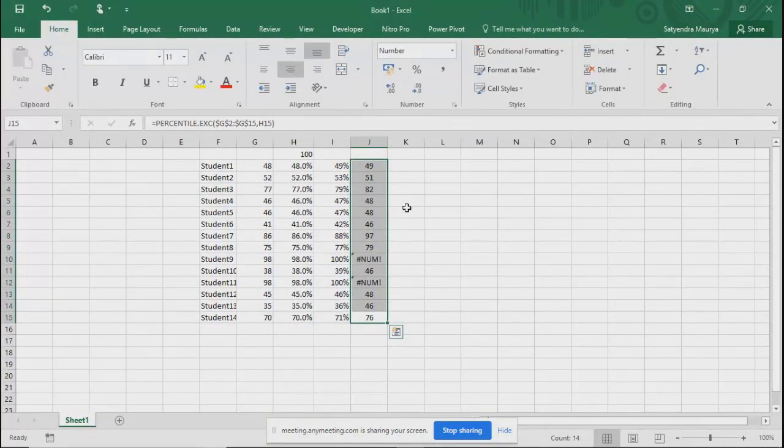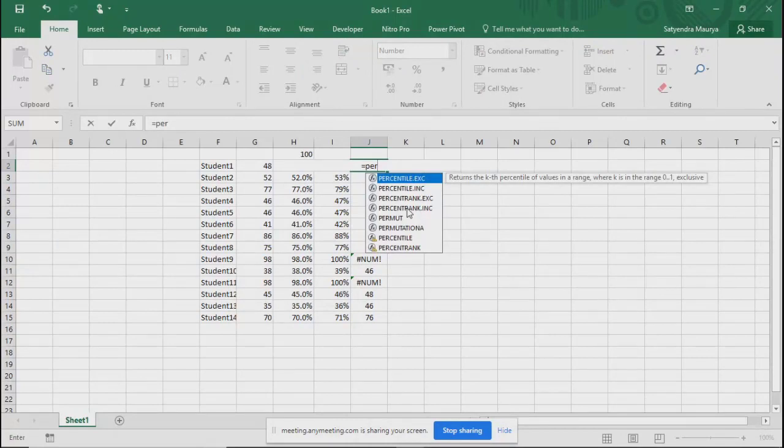Something is missed out, sir. Yeah, see, they have arrays, right? There are 3 or 4. Two are these, percent rank and percentile.